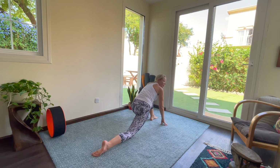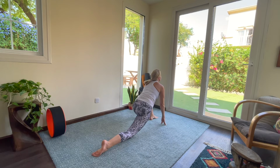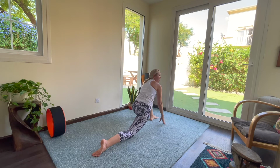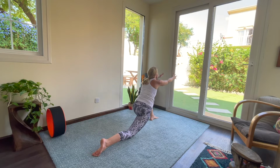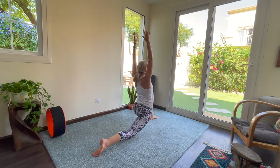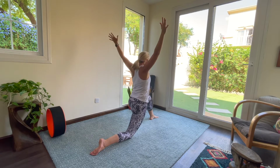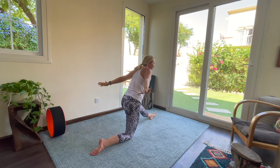So the top of our foot is on the mat. Let's inhale to lengthen, and then exhale, just sink the hips down. Let's come up onto our fingertips, find your balance, and then inhale, circle, sweep the arms forward and up, and then exhale to sink the hips down. Inhale to lengthen here, and then exhale to sink down. Let's take one more inhale, and then on the exhale, we'll straighten our leg, and our arms go behind us,